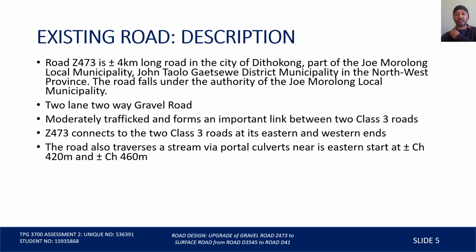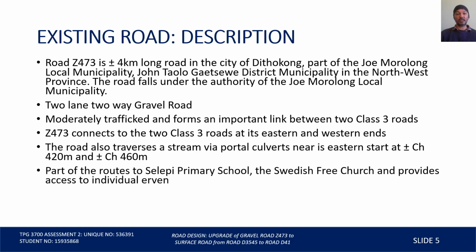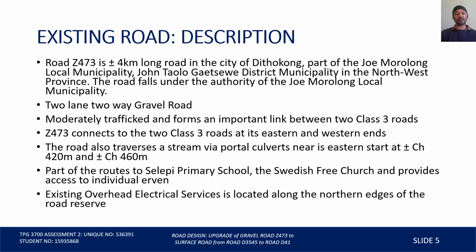The road starts on the eastern end at chainage 0 and goes all the way to chainage 4313. There is a stream, and the existing road traverses it via culverts, at approximately chainage 420 and 460. It also forms part of the routes to the primary school and a church, and it gives access to individual urban properties. There are existing services in the form of overhead electrical services located on the northern edges of the